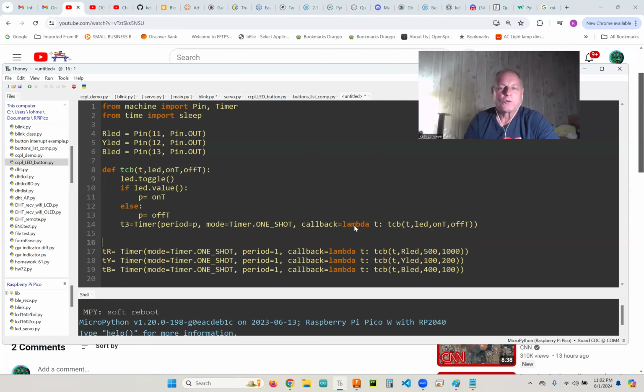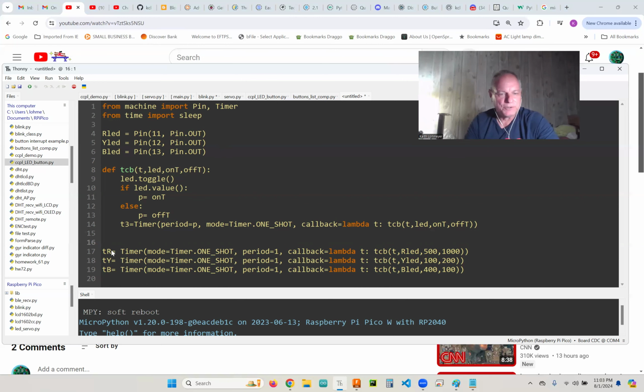But basically you're getting that attribute that this timer's putting off, and it's getting it as a T. And then with a lambda, you can call another function. So instead of calling the TCB directly, we're calling it through our lambda function, and we're using this TCB. We're passing the T as a timer, but we're also passing